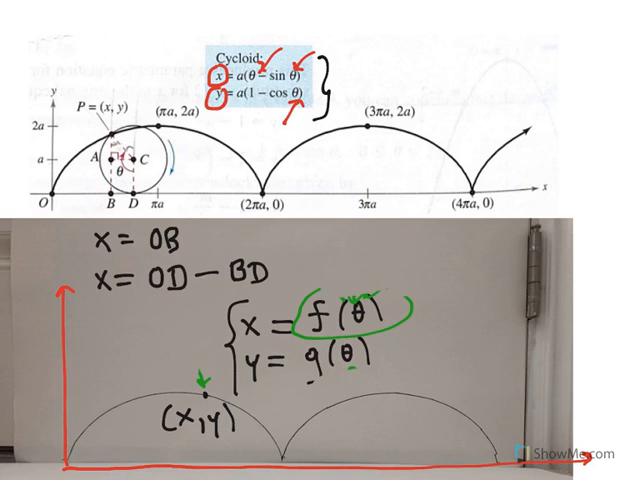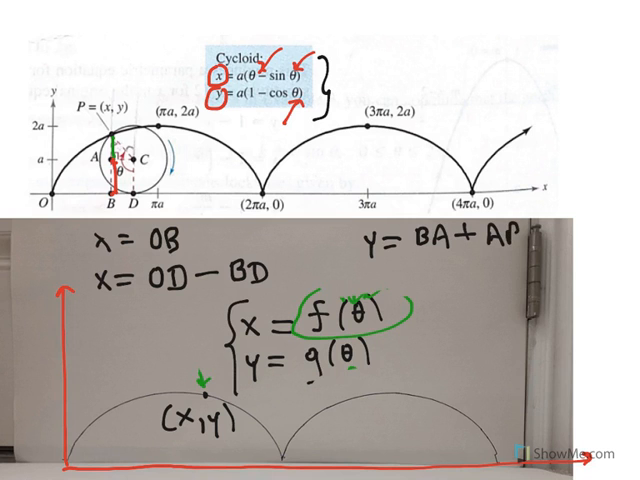And for y, it is the distance from the x-axis to point P. So you can write y is equal to the distance from point B to point A plus the distance from point A to point P. So if you add those two lengths, you will get the distance from B to P, which is the y coordinate of point P. So we have y is equal to BA plus